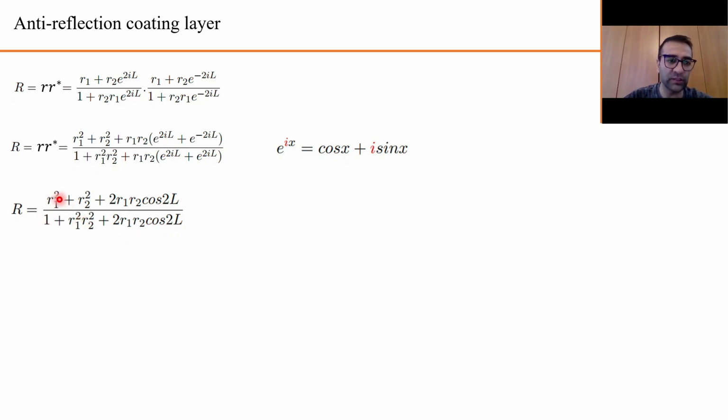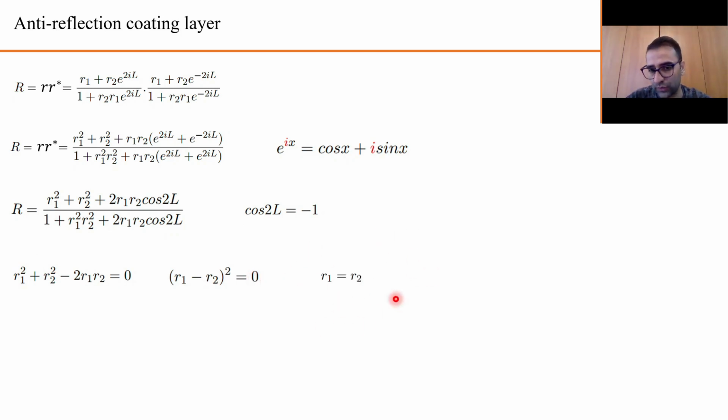And these Fresnel coefficients, as you see, are just the Fresnel coefficients for the reflection, and there is no term for the transmittance. And we are interested to see, is there any zero reflection, in other words, can we find the roots of this equation? We can see that this equation is zero only when cosine 2l is minus 1, right? And if I put minus 1 instead of cosine 2l, it will be r1 squared plus r2 squared minus 2 r1 r2, and we can easily see that this term is indeed (r1 minus r2) squared. Therefore